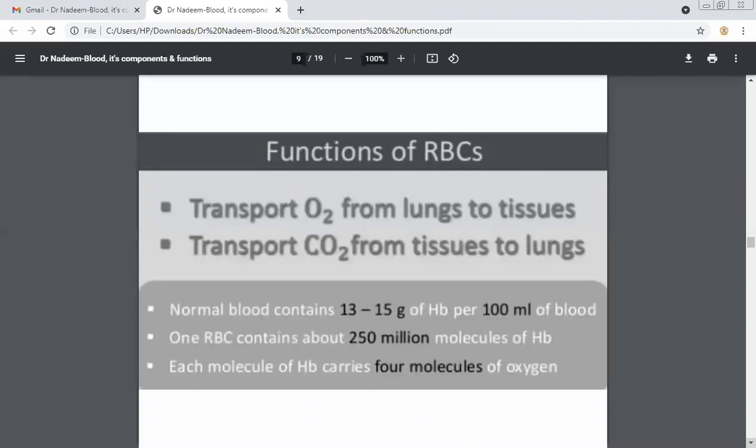It is the heme part. Yes, it is the heme part which transfers the oxygen, that is 4 molecules of oxygen. It is the non-protein part. Besides it, the protein part is known as globin. And is CO2 transported by the heme part or the globin part? Globin part. Yes, it is transported by the globin part. So the binding part is different for oxygen and carbon dioxide in the hemoglobin.